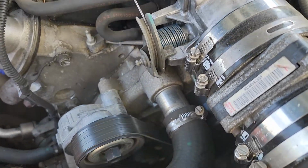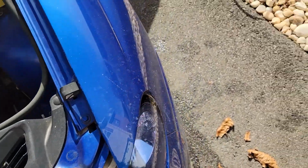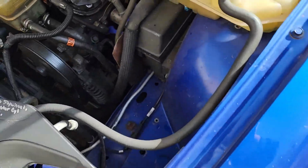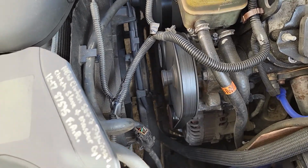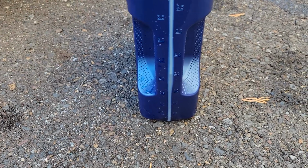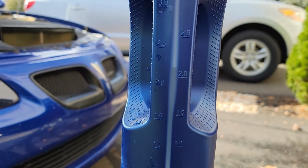Doesn't appear to have opened yet. I'll pause it. I'll come back when the temperature gauge starts to move. I got a correction to make here. I was reading this wrong when I was reading it quickly, and